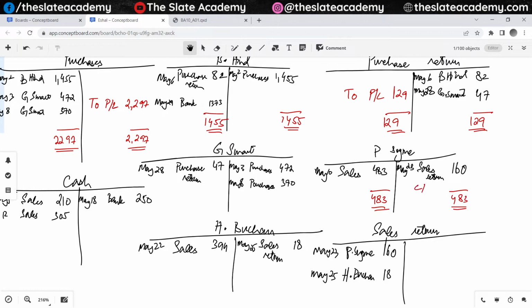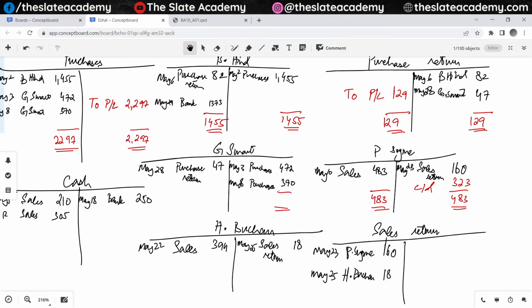That means carried down would be 483 minus 160. It would be 323. G Smart, credit side sum is bigger. So this would be